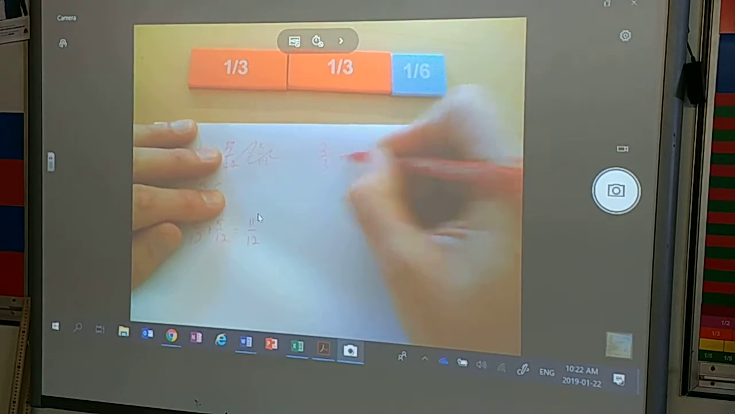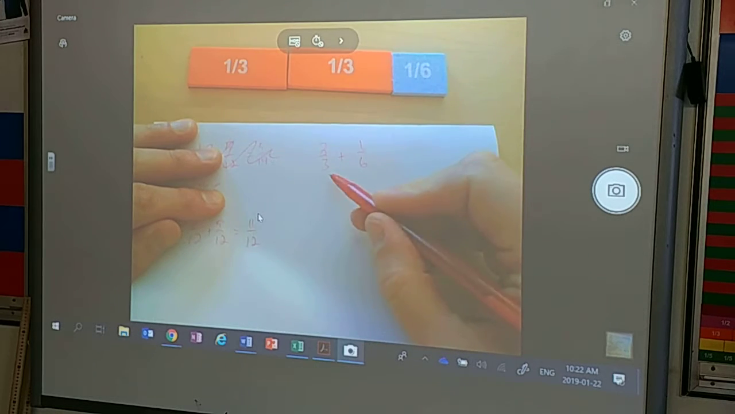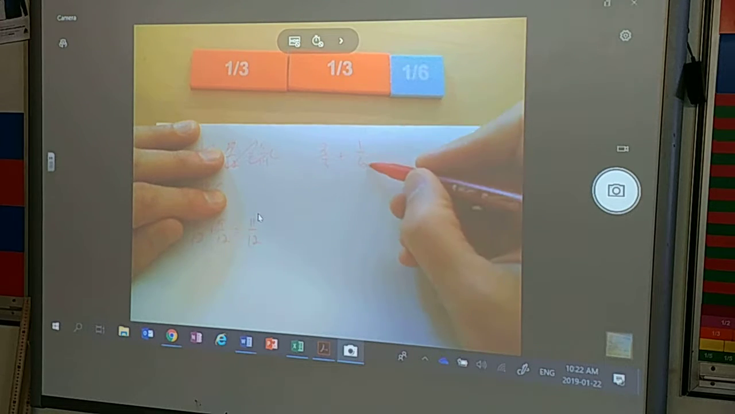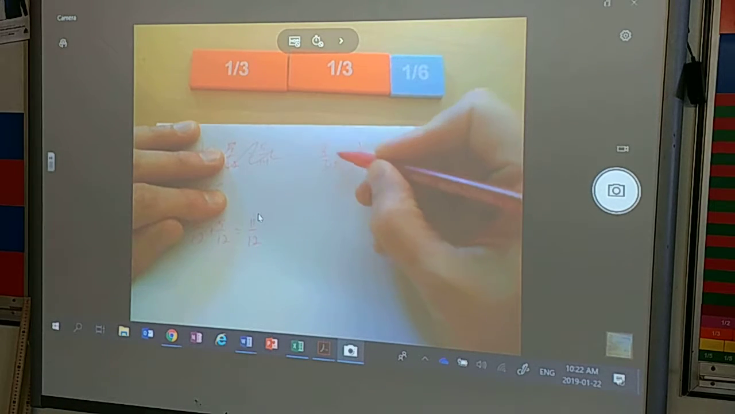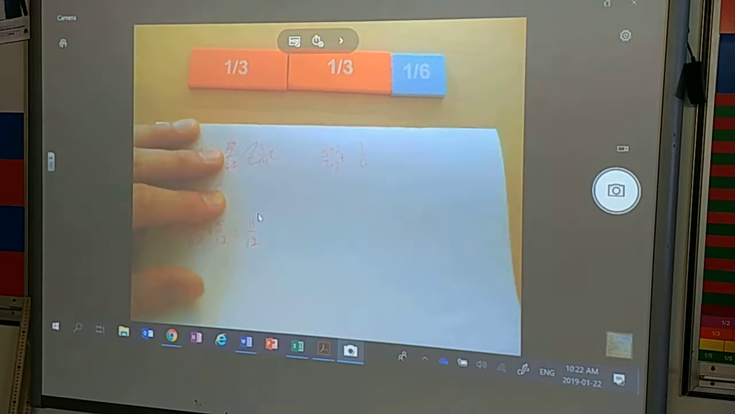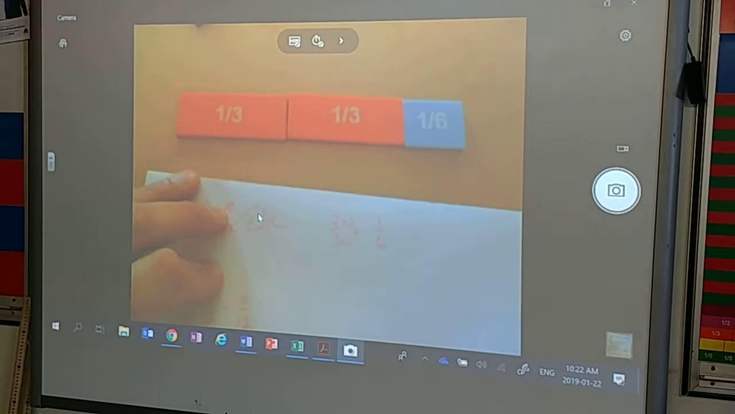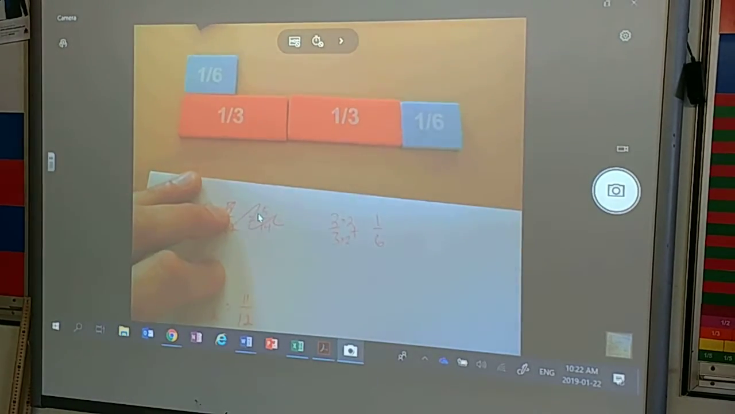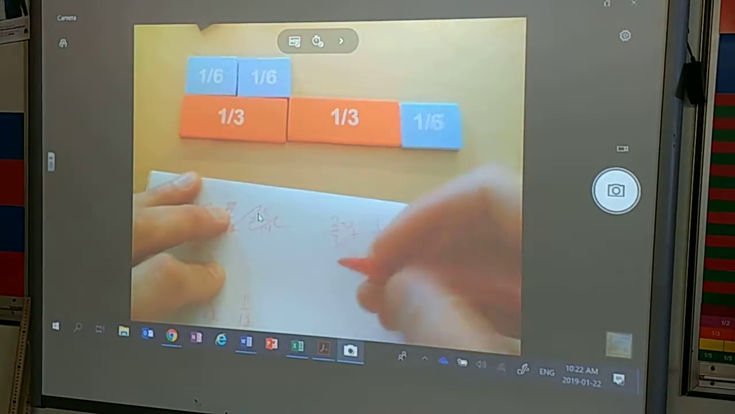So I've got 2/3 plus 1/6. What's a common multiple that these both go into? 6. 6? Sure, let's try that. Well, that's a 6 already. And look at this: if I look at those thirds, 2/6 fit perfectly. So for every third, there's going to be